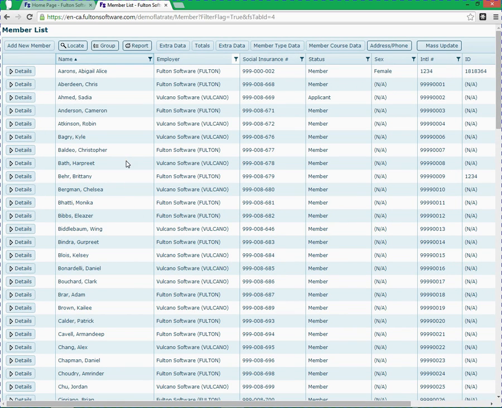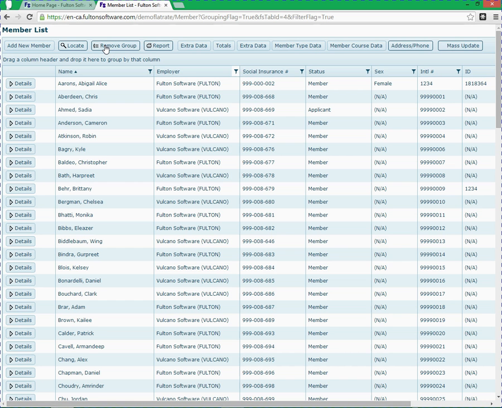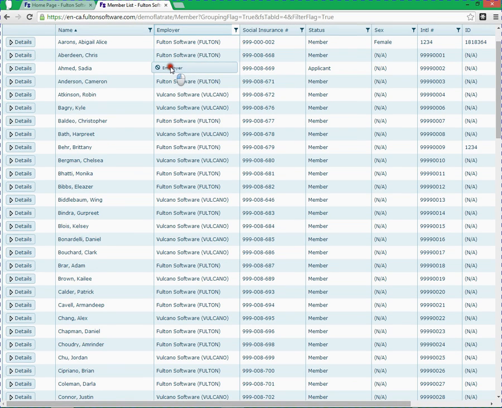Now the last thing we're going to look at is grouping. If you click on the Group button up here, that enables the grouping options. And probably the thing you're going to group on most is employer. How you do it is you just double click on employer and